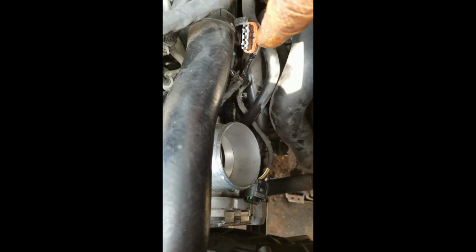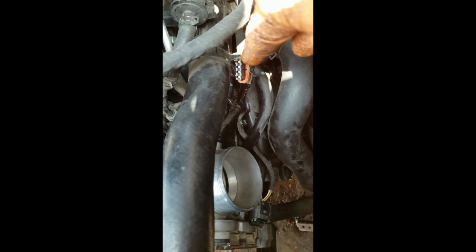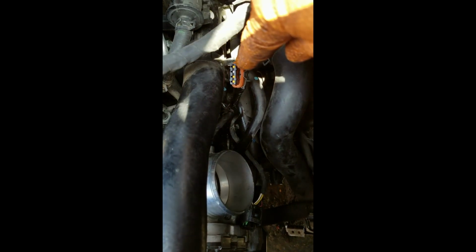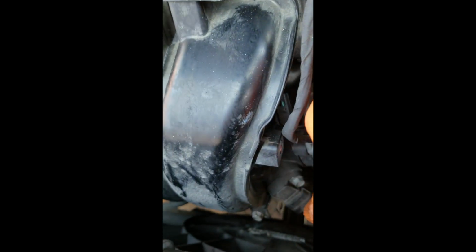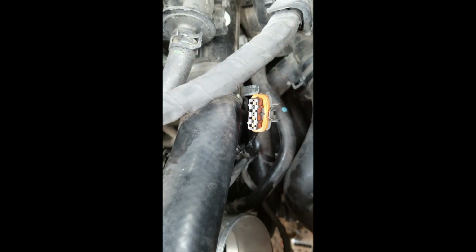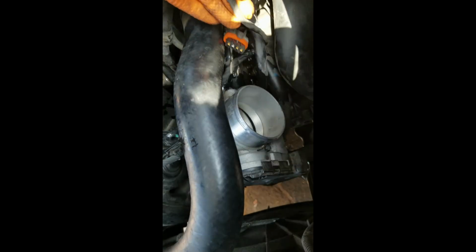Okay, this right here is one of the sensors for the intake manifold. It might be a MAP sensor or something on that. I'd have to look it up. Okay, but the actual plug is down here. Okay, so there is not enough line to make this reach. Okay, so what you can do is, instead of taking the throttle body off again, there's one plug that is right here. Okay, and if you go ahead and pop that out, you can take that